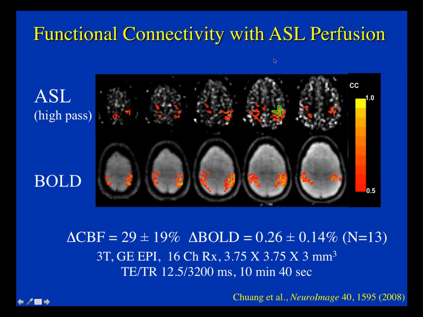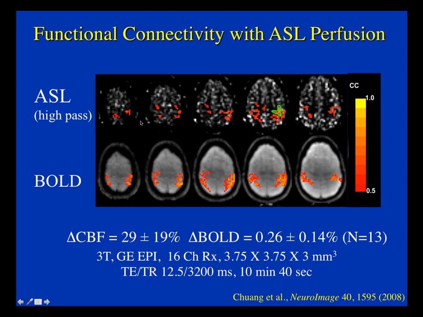So ASL can also be used to perform functional connectivity studies. The top row is a set of perfusion images with overlay of the correlation coefficient maps. And here what we have done is a perfusion time series has been correlated with a seed-based time series from a seed ROI, and you can detect the correlations across the different hemispheres and across multiple slices. And here's the BOLD data corresponding to the same slices. So in the ASL time series, we have made sure that there is no BOLD contamination